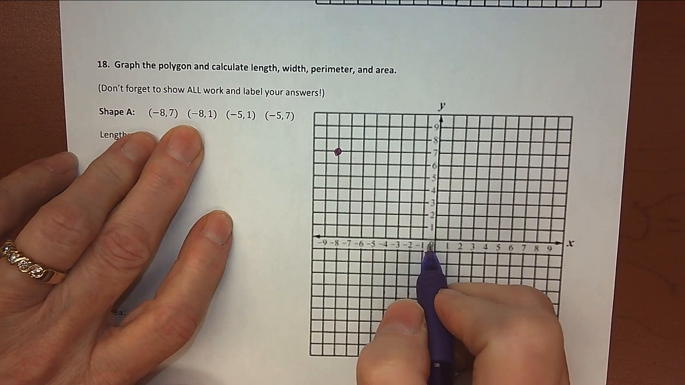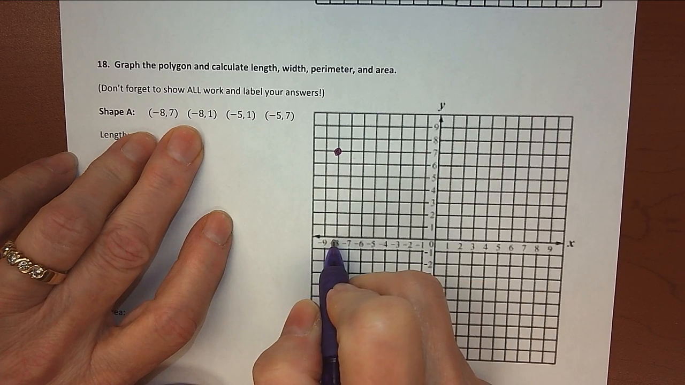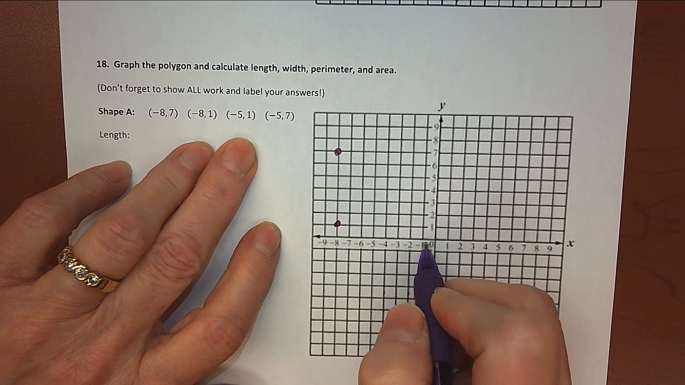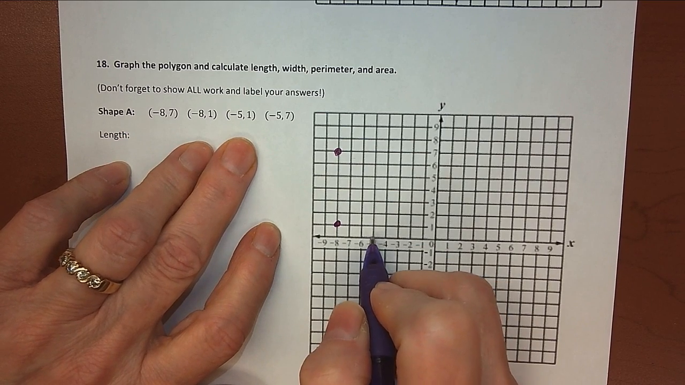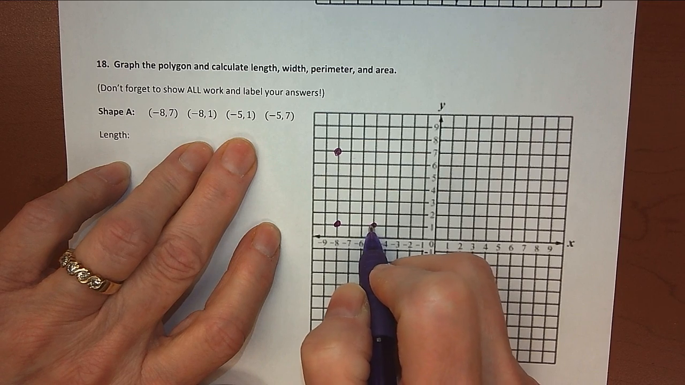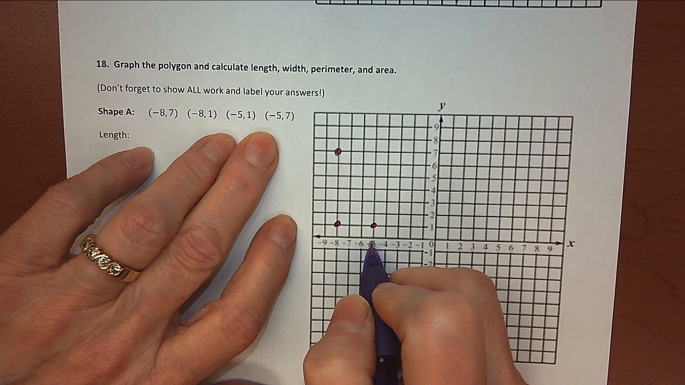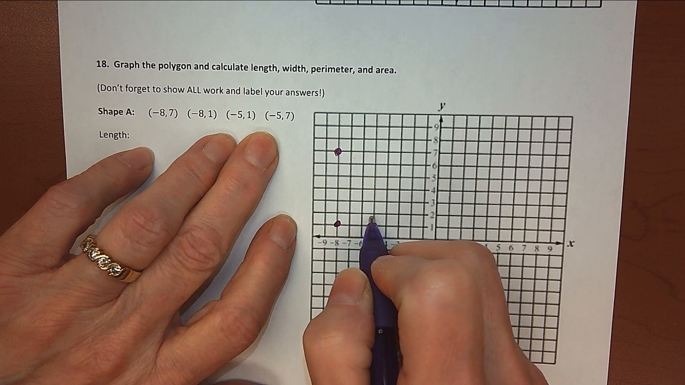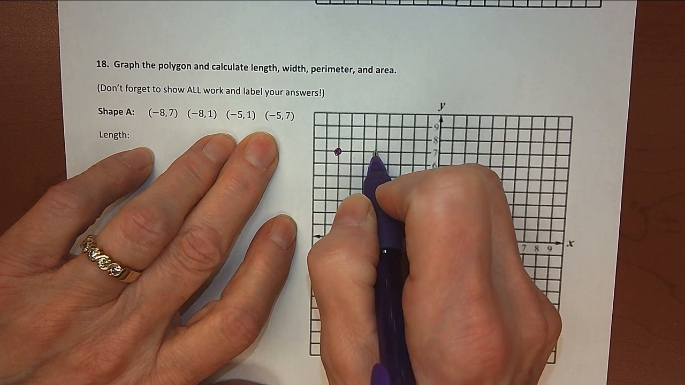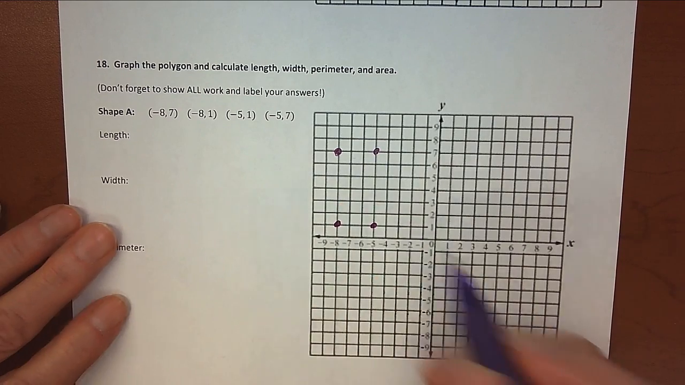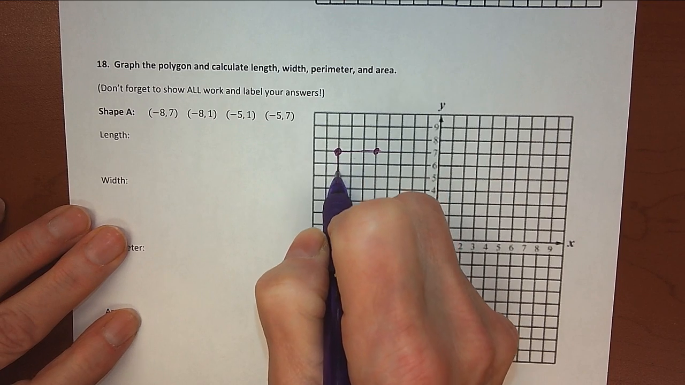Then negative 8, 1, negative 8 and up 1. There's our second point. Negative 5, 1. So back 5 and up 1. Negative 5, 7, back 5 and up 7. 1, 2, 3, 4, 5, 6, 7. And there is our rectangle. All right, so we've got a rectangle